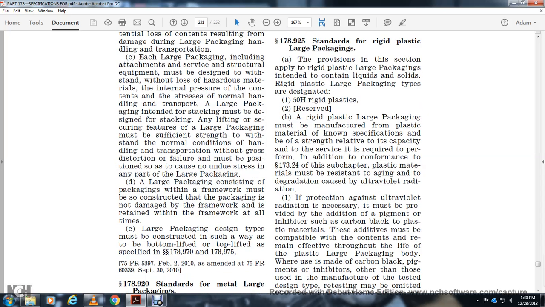Large packaging must be constructed with the packaging framework non-damaged. It is with the framework at all times. The large packaging design type must be constructed in such a way that the bottom lifted, the top lifted, the specified